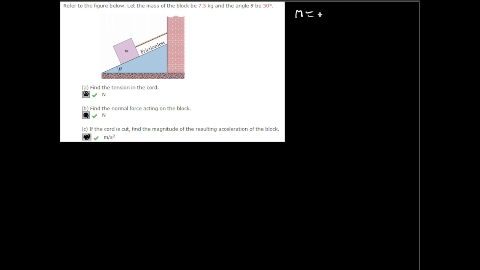So we know that m equals 7.5, theta equals 30 degrees, and it asks us to find the tension of the cord. So what we can do is set F equals ma. We can set this up in the x direction and in the y direction. So from here, we know that there's going to be a T1, and arbitrarily I will just put this here, and then the opposing force here